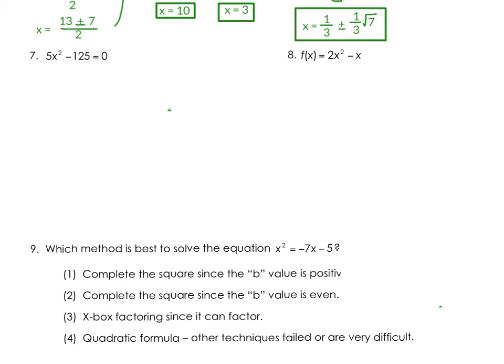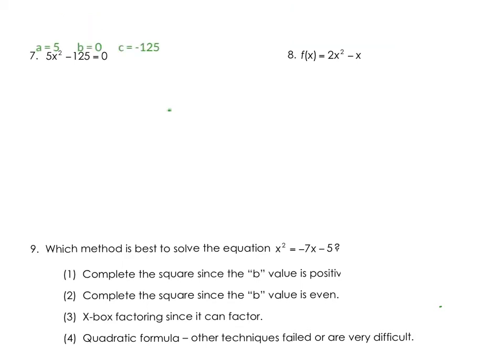Okay, for the next one, we have 5x squared minus 125 equals 0. So it's already set up so that it's in standard form, equal to 0. So I can just start by identifying a, b, and c. A is 5, b is 0 because there is no x, and c is negative 125. Then we just sub them all into the quadratic formula. So x equals 0 plus minus,